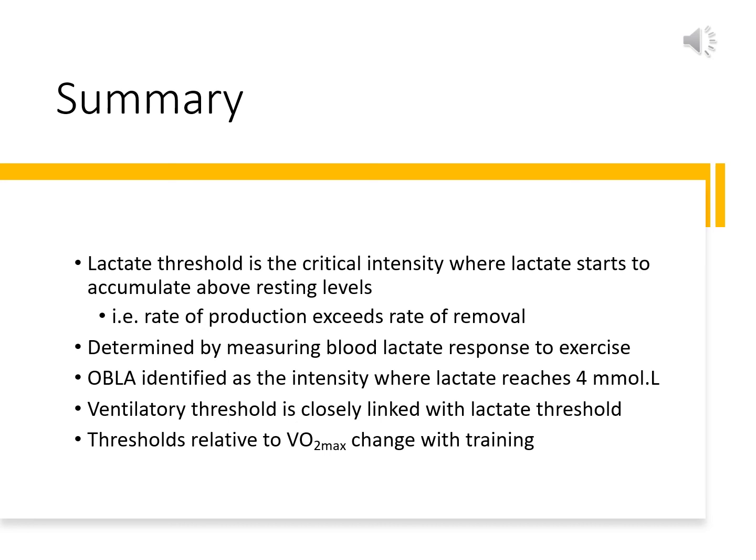And then OBLA is identified as the intensity where lactate reaches 4 millimoles per litre, which is our second turning point. So it's still a linear relationship, but this time it's turned onto a new slope. So that's what makes it look like a curve. So we have 3 straight lines, and where it turns to that third straight line upwards is our OBLA, our onset of blood lactate accumulation. As soon as we go above that OBLA intensity, it starts to accumulate rapidly and limits our ability to continue